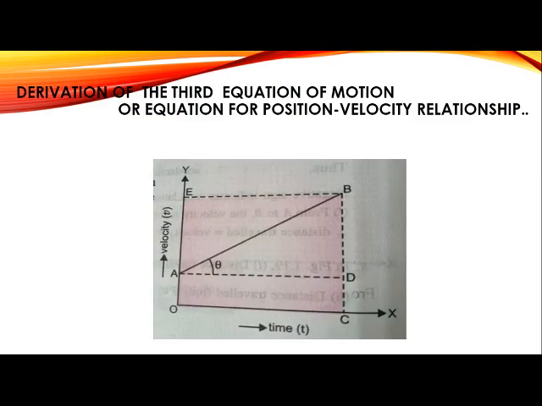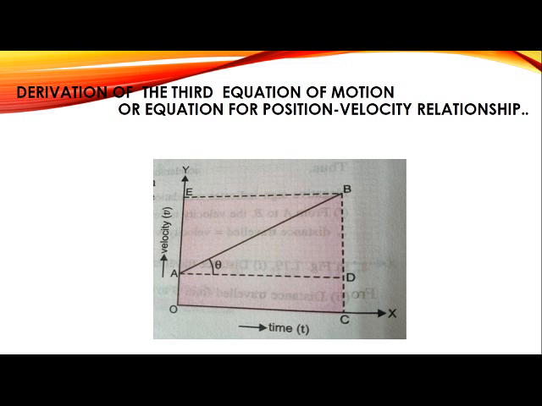Now children, I told you earlier also that for all three equations we are going to use the same graph. This is a graph of velocity and time, and the acceleration shown here is a uniform acceleration. I hope you remember the types of graphs that I taught you. Here again, you need to always remember that the body was not at rest. The body is already in motion. So, during the time t, it travels from point A to point B.